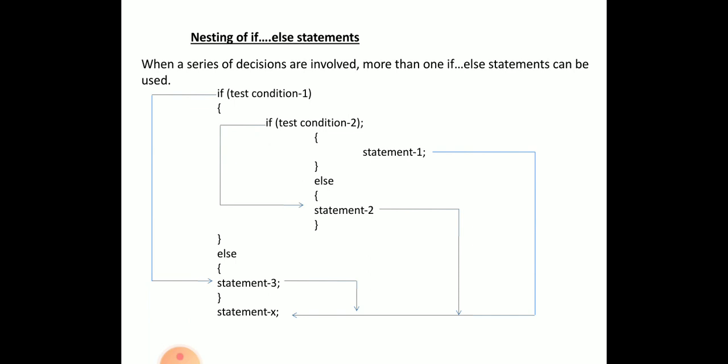So in the last classes we have learned about decision making and branching statements in C. Usually for a C program, all the statements in a program will be executed in a sequential order, starting from the first statement, second and so on. But in some cases we may need to alter the sequence of execution of the program statements.